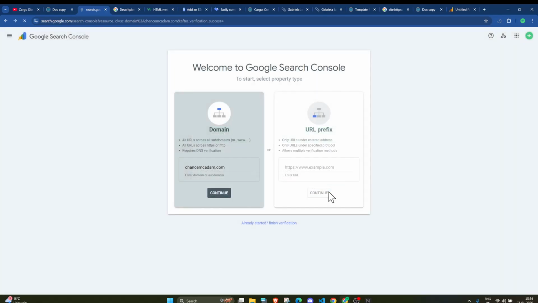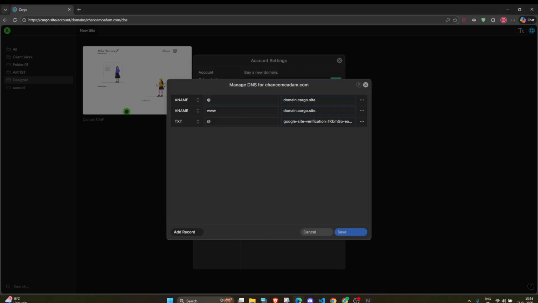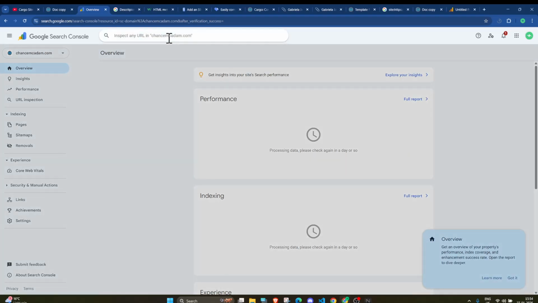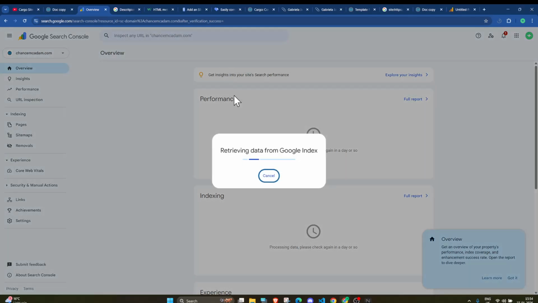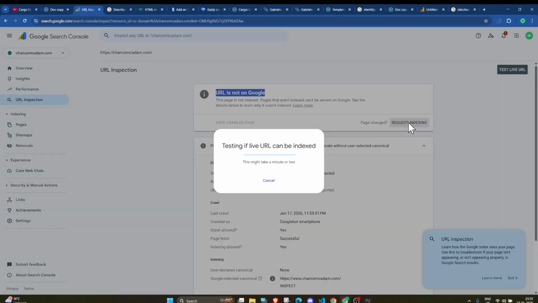Now you can simply go to the property here, copy this URL, and request indexing here.